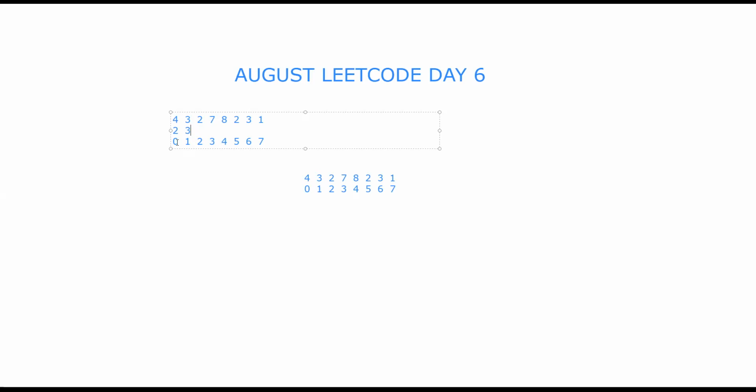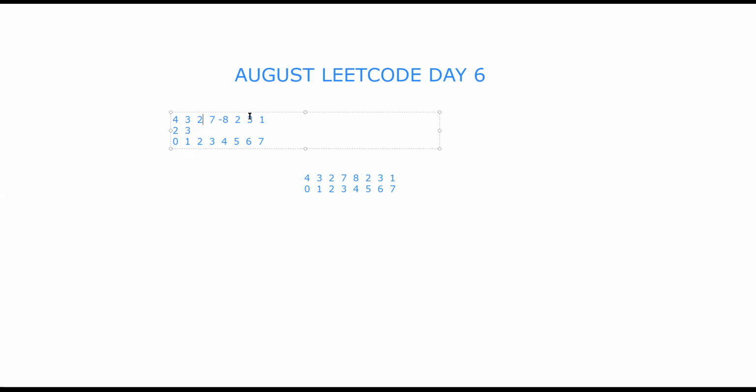So let us start our iteration from index 0. What is the value that is present in corresponding index 0, that is 4. So if I change the value that is present in index 4, that is 8, to minus 8, then